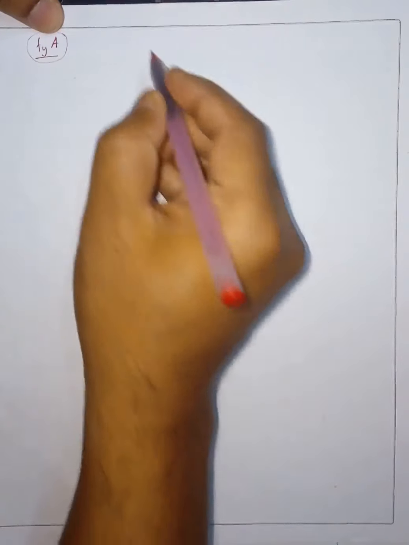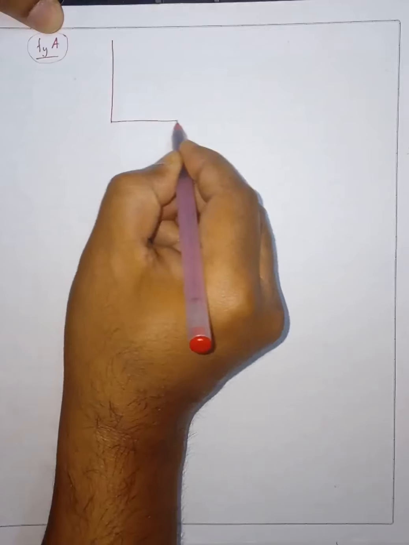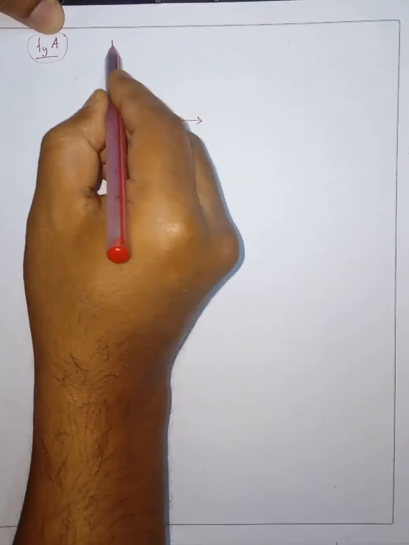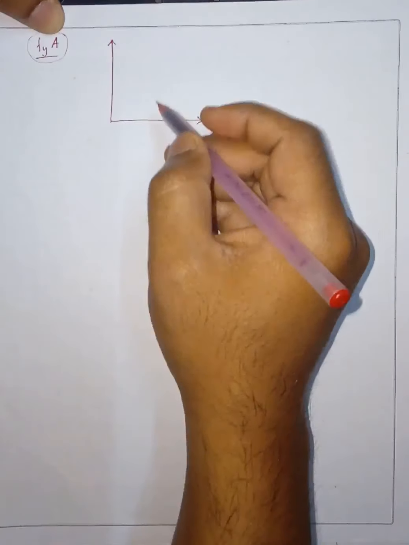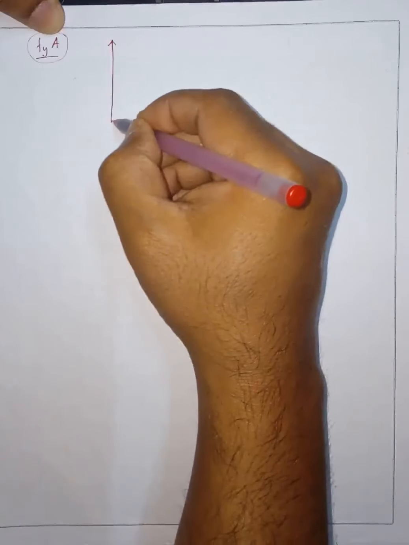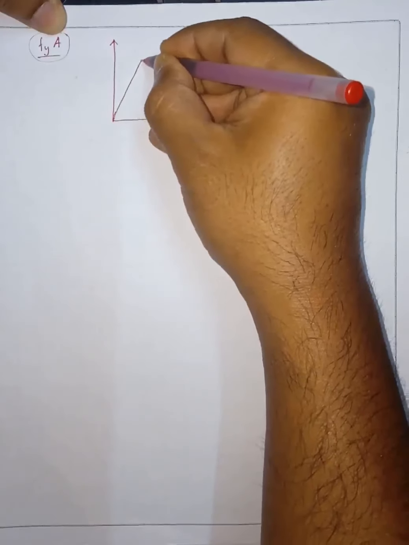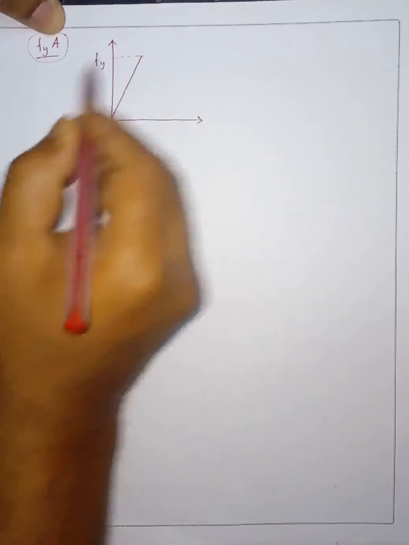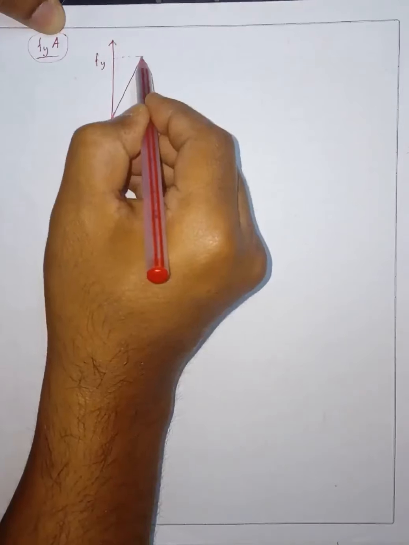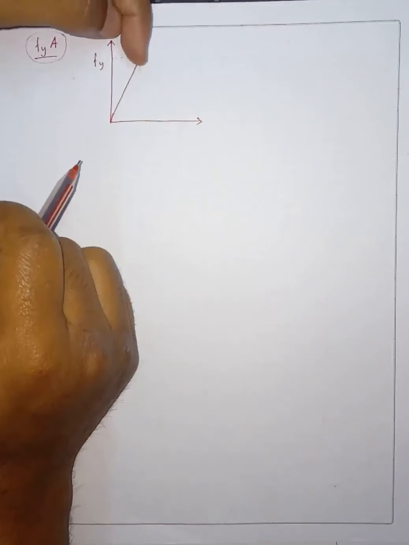Now let us draw the stress strain curve. If I allow this member to yield, the stress will increase like this. So this is the yield stress. After reaching this point, the steel will go to the plastic range. So this is the idealized stress strain curve up to this yield point.